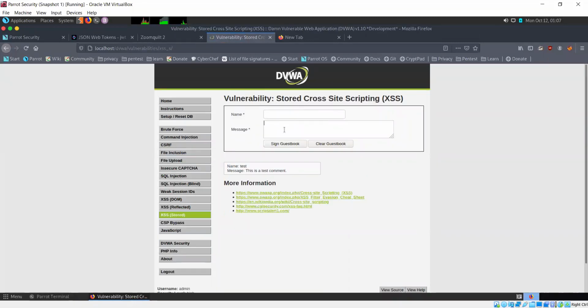Now in the medium part we can see that if we try to perform any kind of stored cross-site scripting here, we'll not be able to do that. So we need to resort to running our script in this input field.